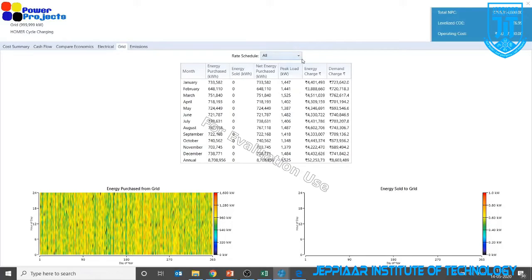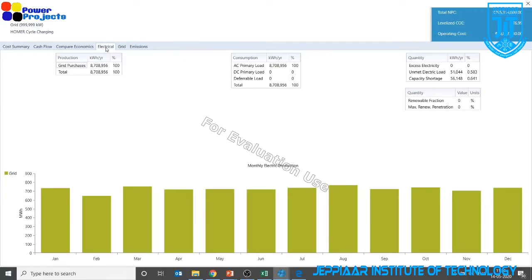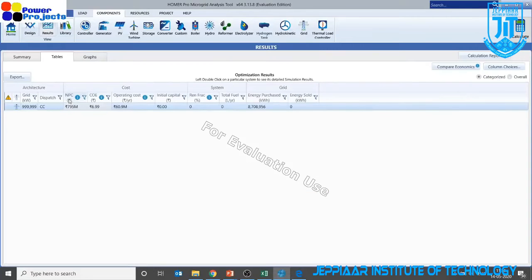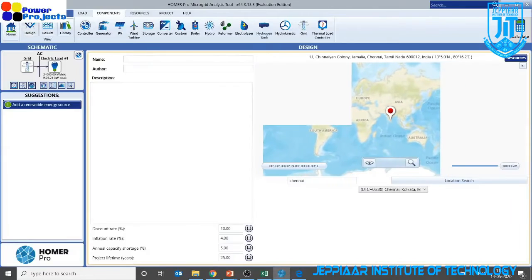Fine. So the point which I am trying to stress is the demand. Previously, what you might have seen is much higher, but here we are not able to meet about 56,000 kilowatt hour. We are supposed to meet 87,60,000, but we are meeting only 87,008,000 kilowatt hour. Right? This is because of the non-availability of the grid.